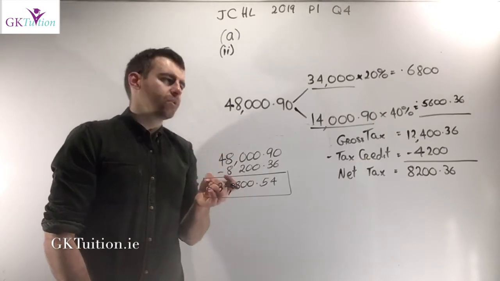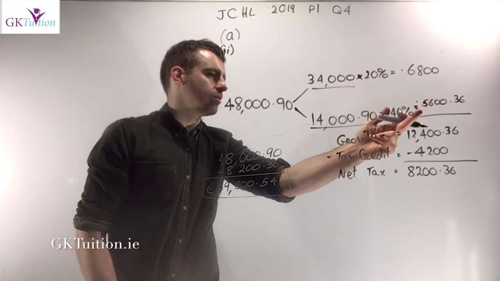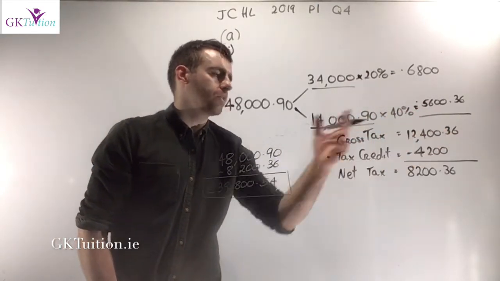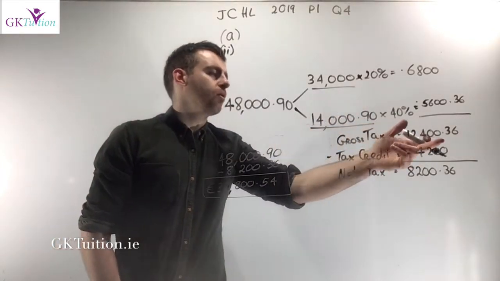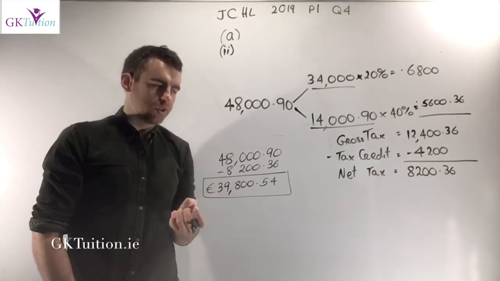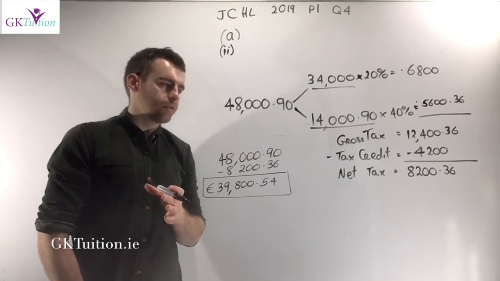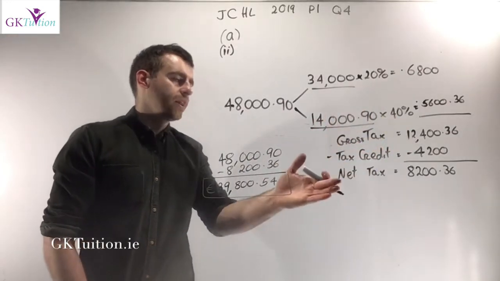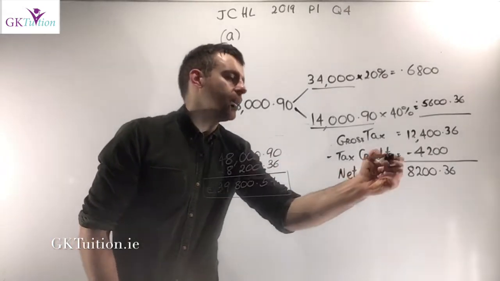Now I need to add those 2 figures together. 6,800 plus 5,636 leaves me with €12,436. This is her gross tax. €12,436 is the amount of tax before deductions. But we're told that she has a tax credit of €4,200. So we subtract the tax credit from the gross tax, and that gives us the net tax. The amount of tax that she actually has to pay is